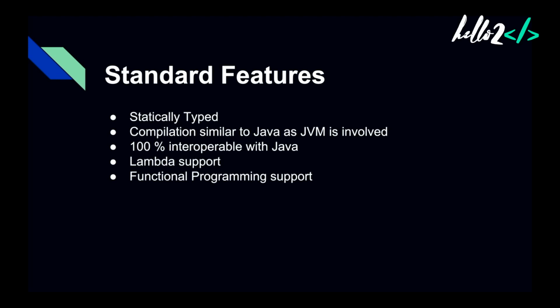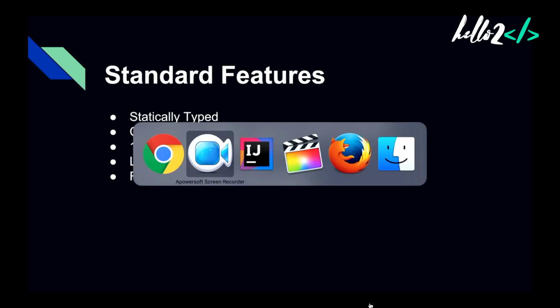Now in Kotlin, the variables you declare, whether immutable or mutable, are always statically typed, meaning the type will be determined at the time of compilation only. Now this reduces the margin of error at runtime because your type is already predefined and predetermined. So this saves some unnecessary hassles. Now to make it more precise, let's take an example.